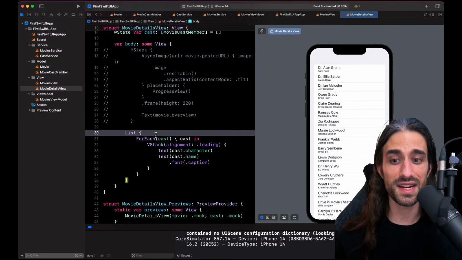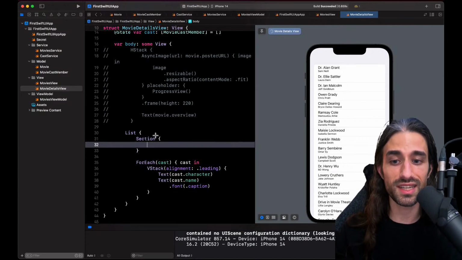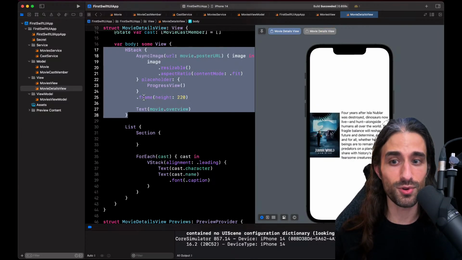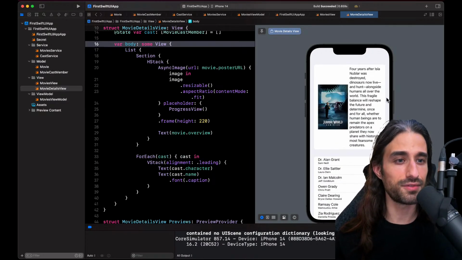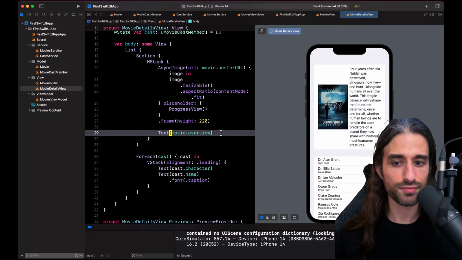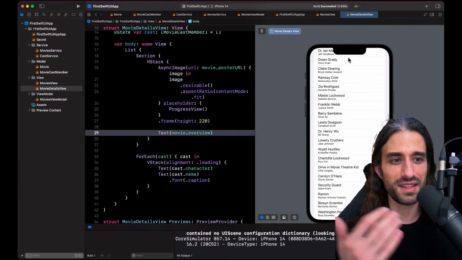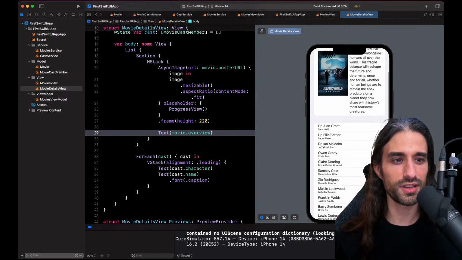And now that we have this, we can actually put some things above the for each. We can create another section in the list. This one will be a static section. As you've probably guessed, I'm going to put my HTAG inside of it. And now I have, it's not the most beautiful design ever, but it works, meaning that it scrolls entirely. The header is in a real header of the list that scrolls, etc.